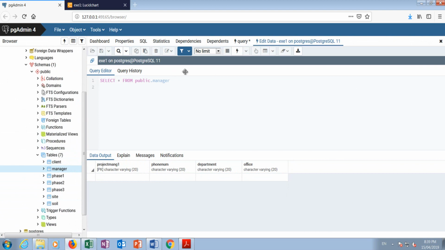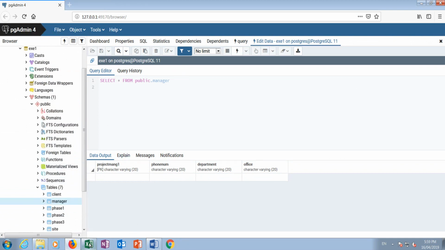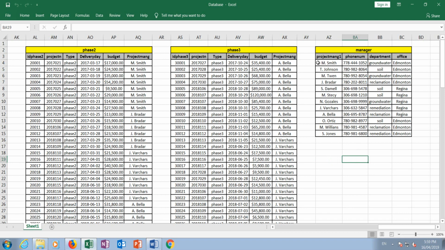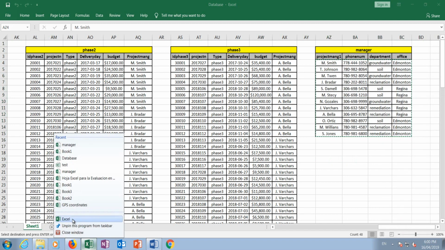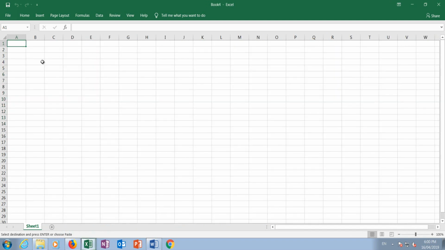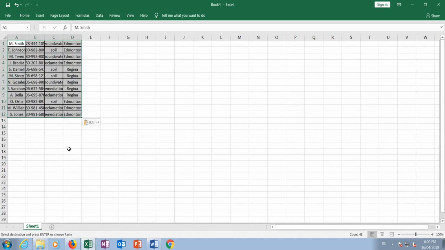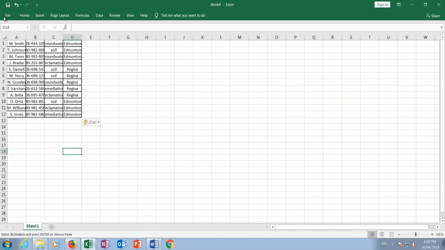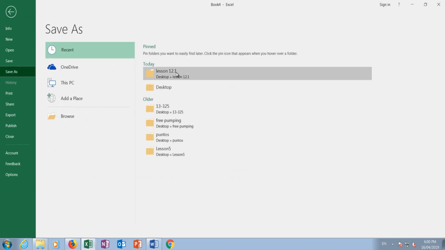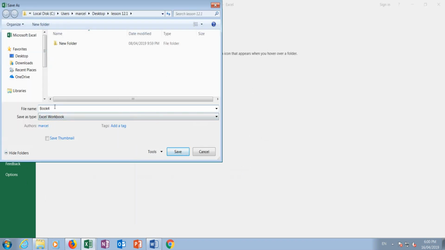Now let's go to put the data inside. In this case, I'm going to show you a different way to import the information inside your database. Then copy just the information from this table. Open a new spreadsheet. Paste here just the values, okay? Not this one, not this one, just the values, all these ones. Then here, file, save as. Going to save in this folder. Going to put the name manager,